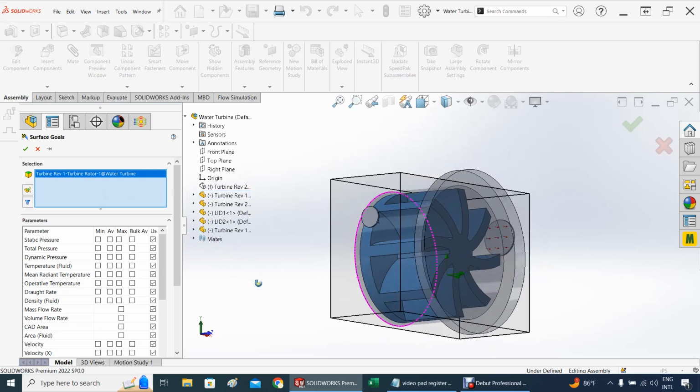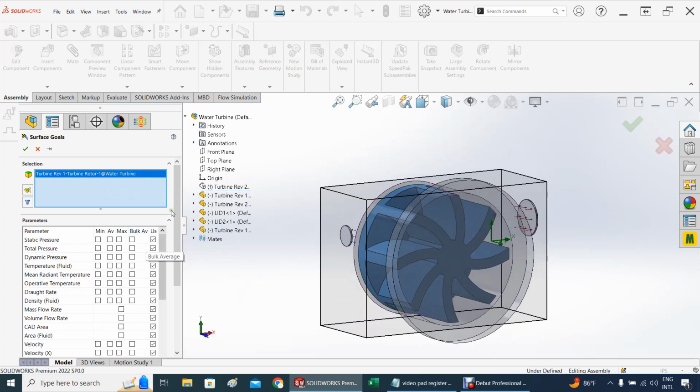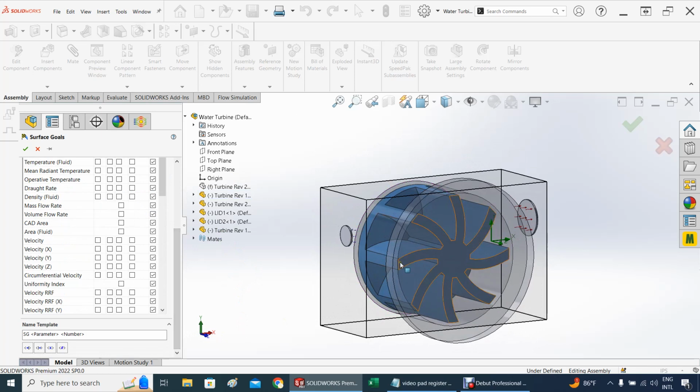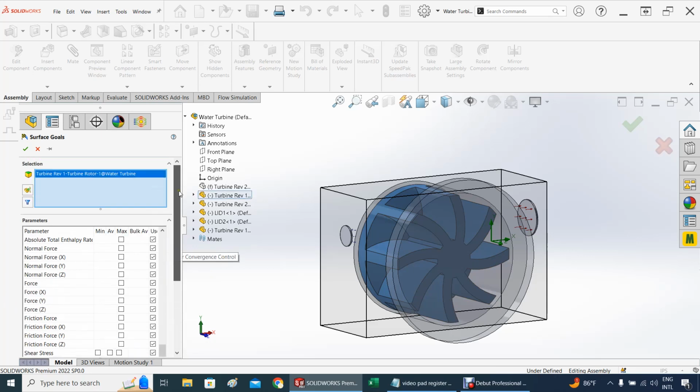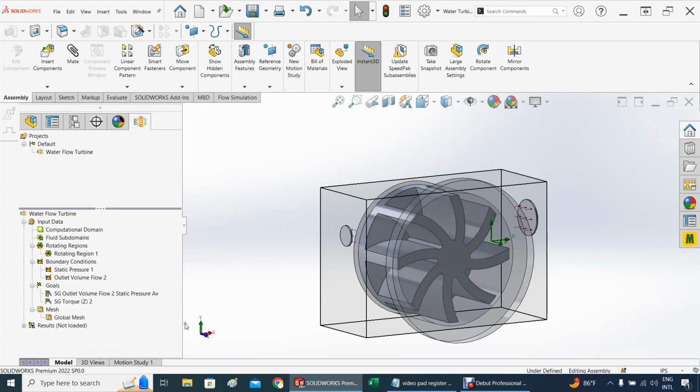So I got the torque right there, and I'm going to pick the torque. The one that I'm interested in is in the Z direction. So we move here to torque in Z, and that will do. So we accept that. We got that. We got the pressure for the pressure drop, and